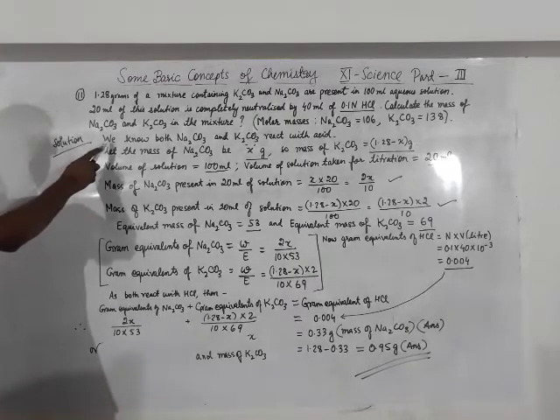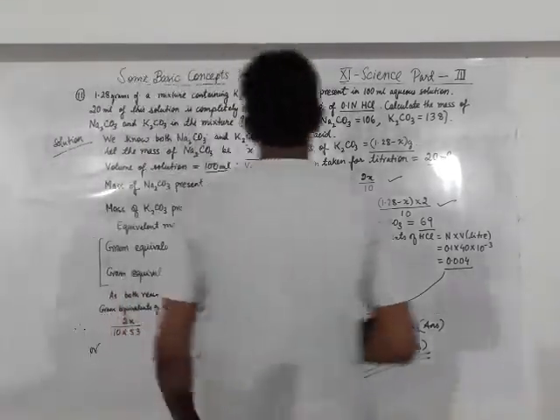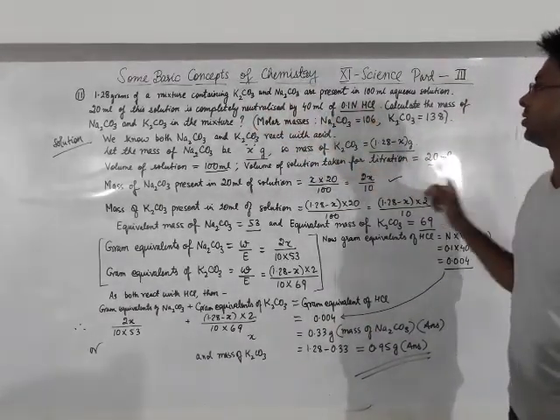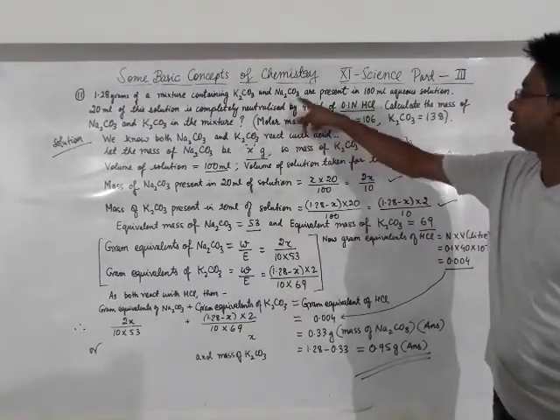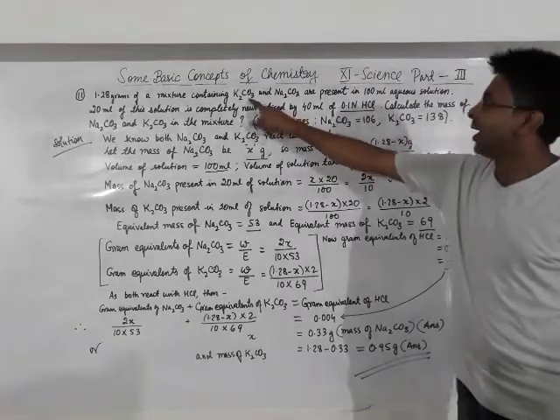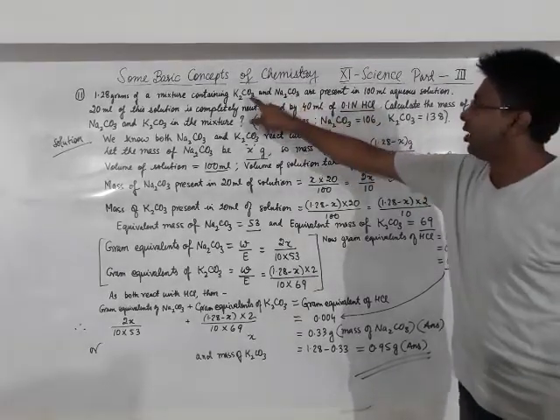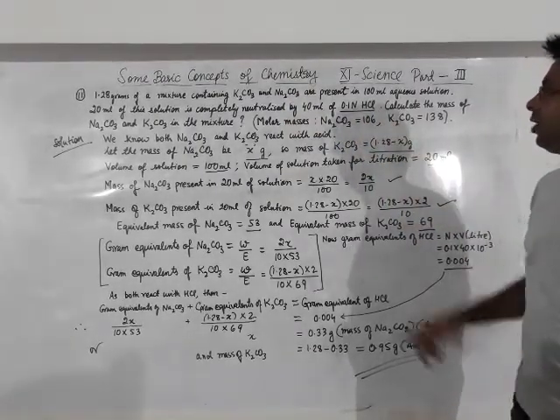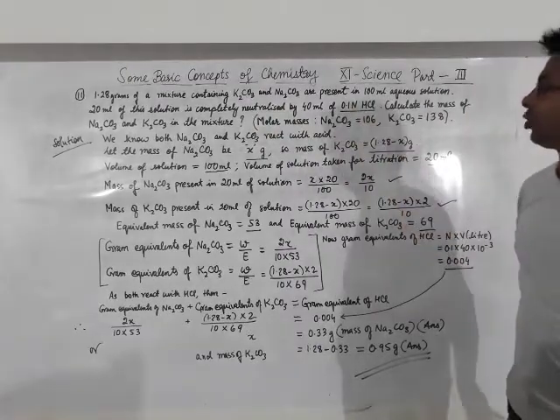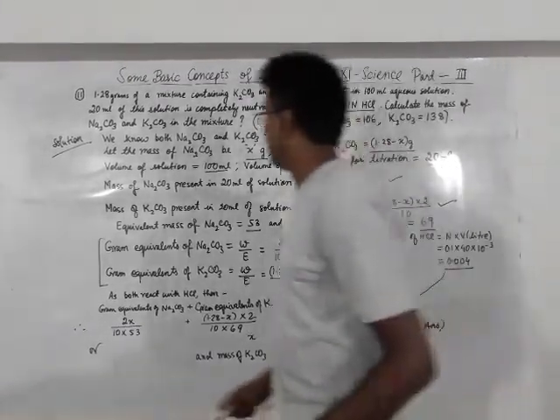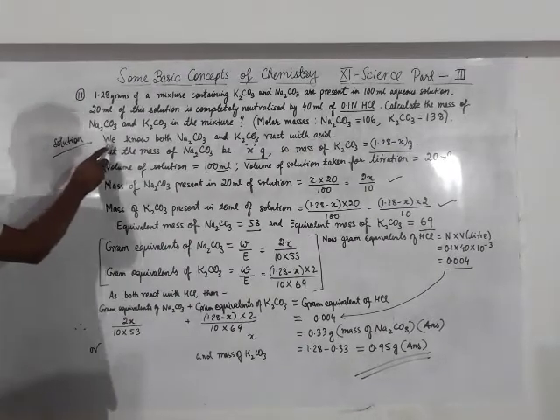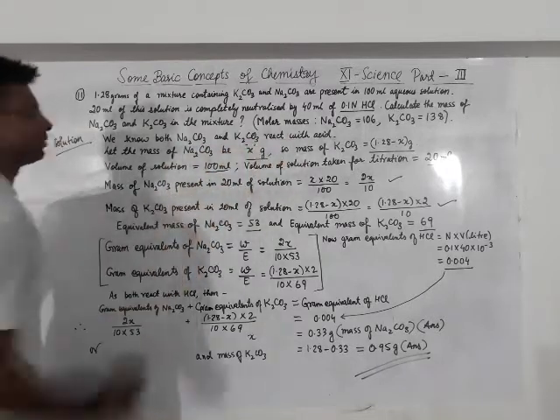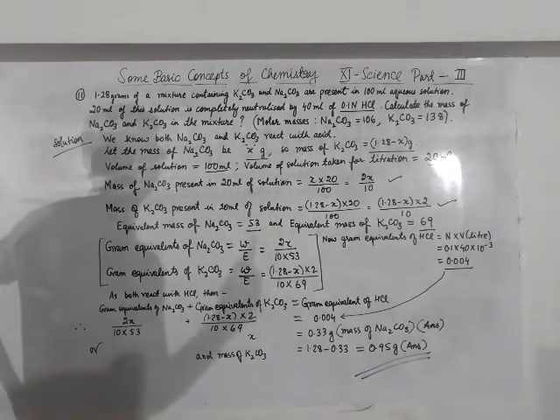So now, they are reacting with HCl. The first thing we must make sure is whether they react with the given acid or not. It is a carbonate, so this is HCl. These two anions are the same, but the anion present in the acid is different. So they will react with the acid. Both of them will react with the acid. Okay, so now look at the working. We know both sodium carbonate and potassium carbonate react with acid. That is the first important thing to note down.